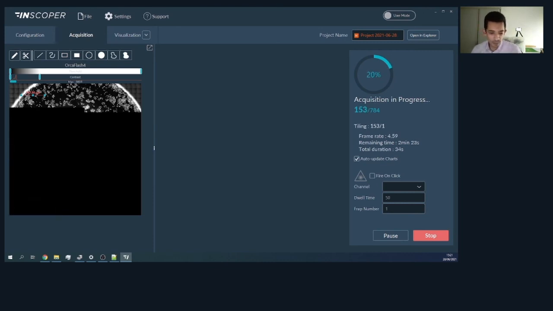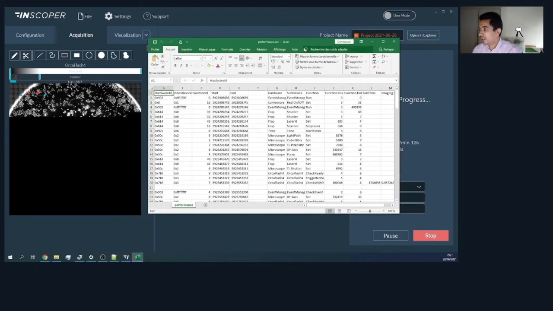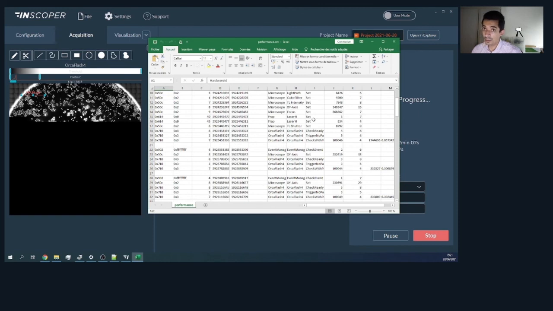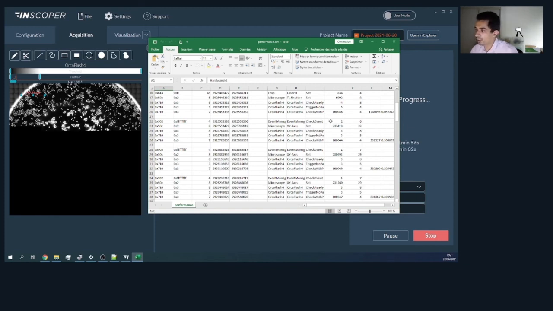So I will show you two examples. The first one, we call it the performance file. Inside that file we find all the called functions during the acquisition with the corresponding execution time in microseconds. So for each image we can measure the time needed to acquire it. For example, for that one, it takes 332 milliseconds. We have 100 milliseconds as exposure time, and the rest is mainly the time for the stage to move